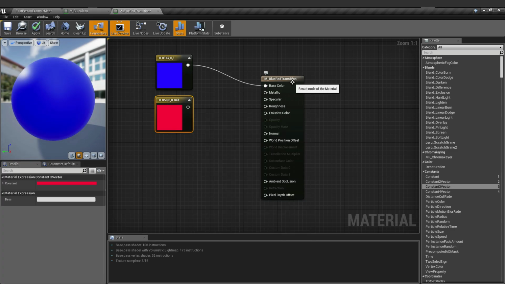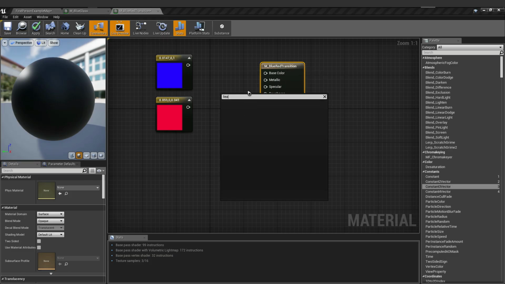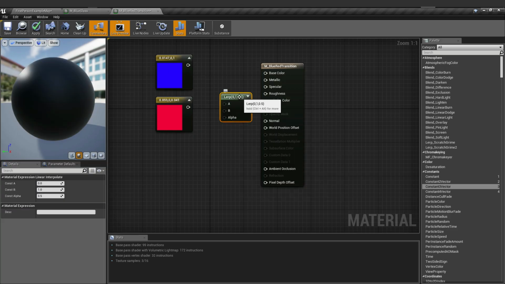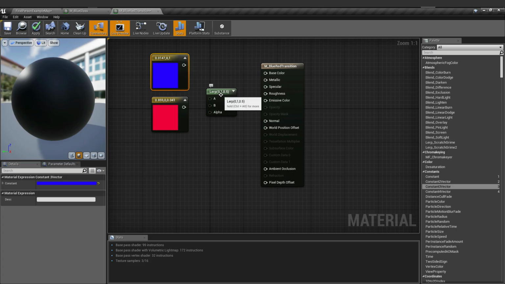So to create a transitioning color in a material, we're going to use a linear interpolate. We're going to use linear interpolate to create a transitioning color or texture material.